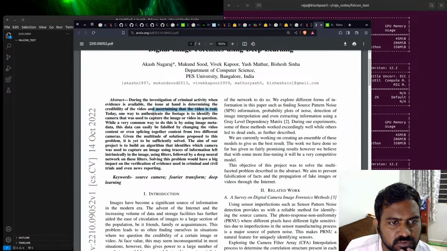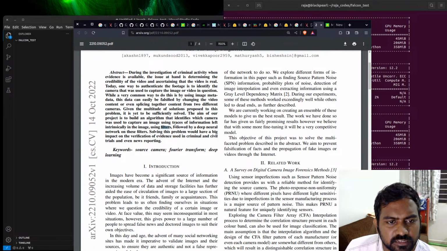Today, one way to authenticate the footage is to identify the camera that was used to capture the image or video. A very common way to do this is by using image metadata. This data can be falsified by changing the video color or even slicing. Okay. The aim is to identify such camera information using filters followed by deep neural networks, and solving this problem would have a big impact on